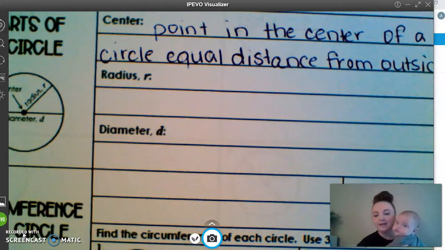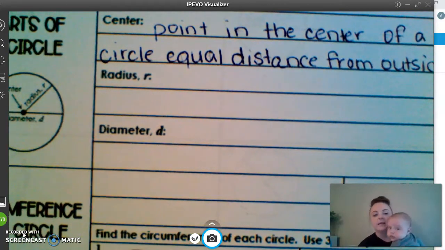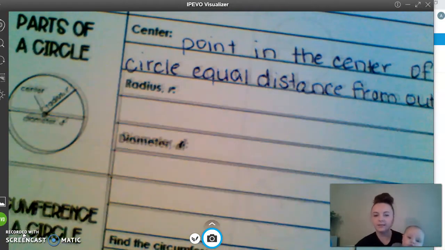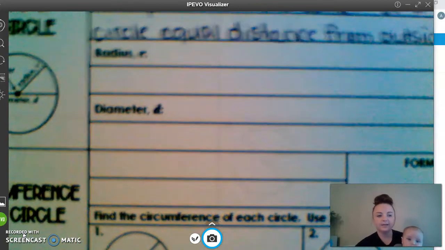Okay, so that is what the center of the circle is. Now if we look at a radius, so again on the side over here we've got an actual radius that